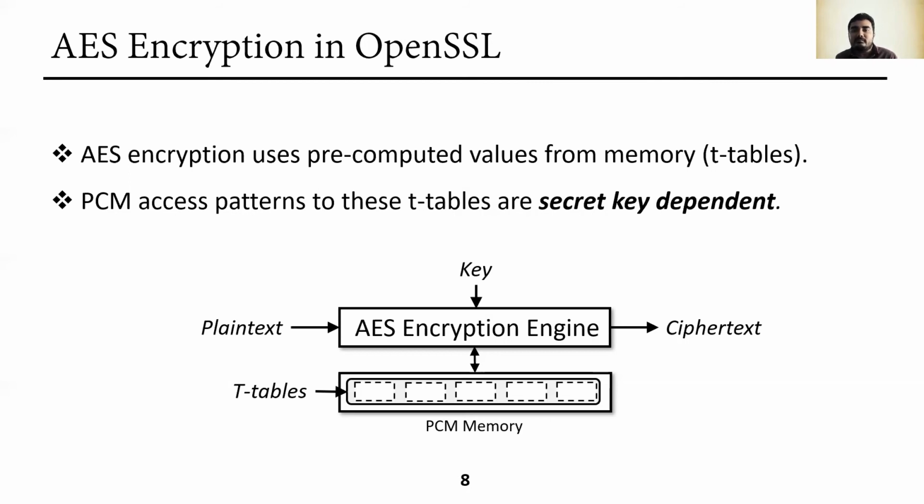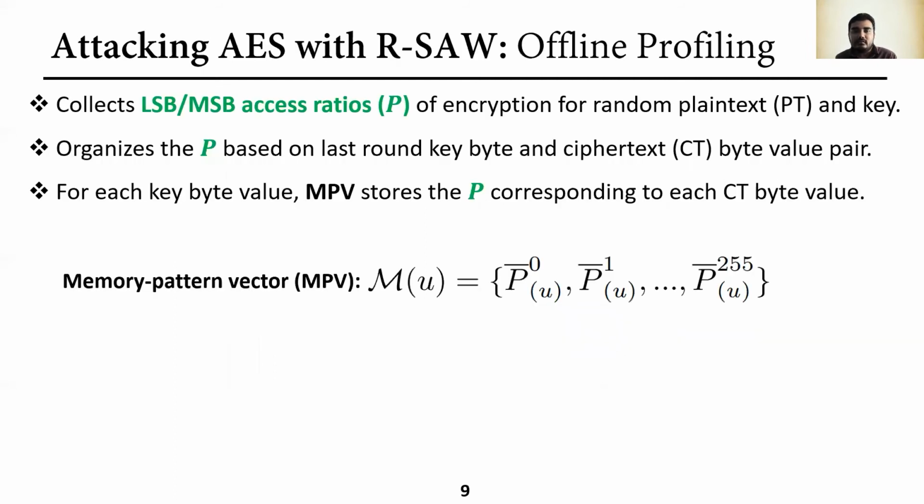AES encryption uses pre-computed values from the T-table for encryption or decryption, and these T-tables are stored in memory during runtime. The access pattern to this T-table is secret dependent. During the offline profiling stage of RSO, the attacker uses a local machine to create a profiling dataset for AES encryption. For this, the attacker runs encryption using randomized program input and collects the LSB and MSB line ratio for each